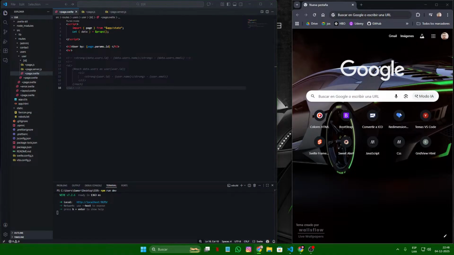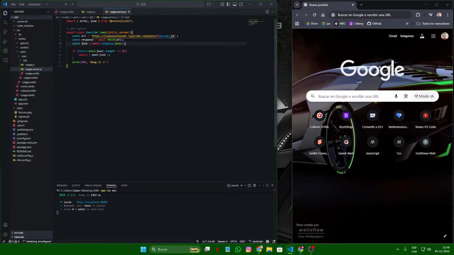There you go. This is just done. I'm going to go back to the page.svelte, and I'm going to comment this out just for a bit so we can see what we get back on the data when we use the props. So in theory, when we go now here, we should be getting the posts,